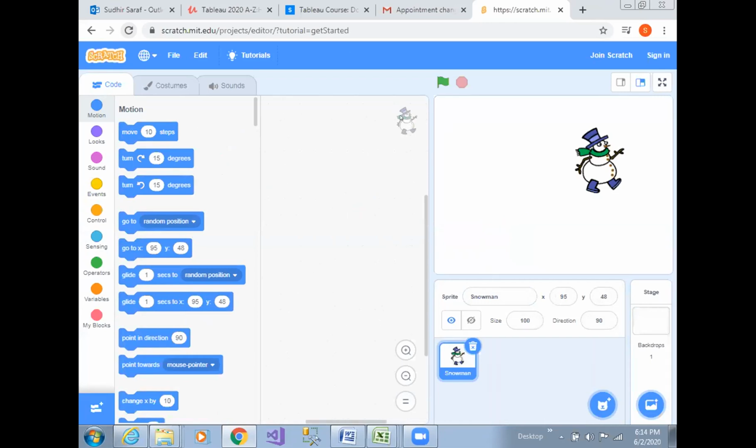You have to click on the snowman. I'm just circling it over there. Is it possible for you to drag it? Just take your mouse and wherever I'm doing a circle, can you drag it over there? You have to click your mouse on this particular snowman. Okay. Not able to do it?